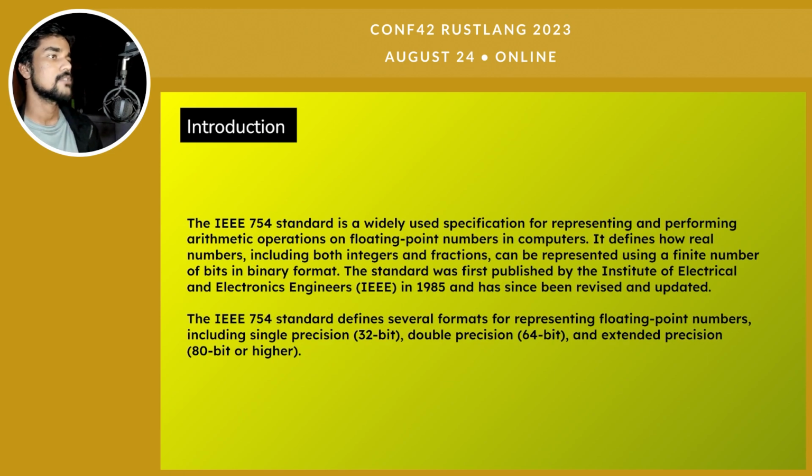So let's start with how floating point numbers are standardized. The IEEE, or Institute of Electrical and Electronics Engineers, 754 standard is the widely used specification for how floating point numbers should be represented using scientific notation. All the operations and arithmetic that are carried out are defined by the standard. Also, this standard defines several formats for representing numbers in terms of precision.